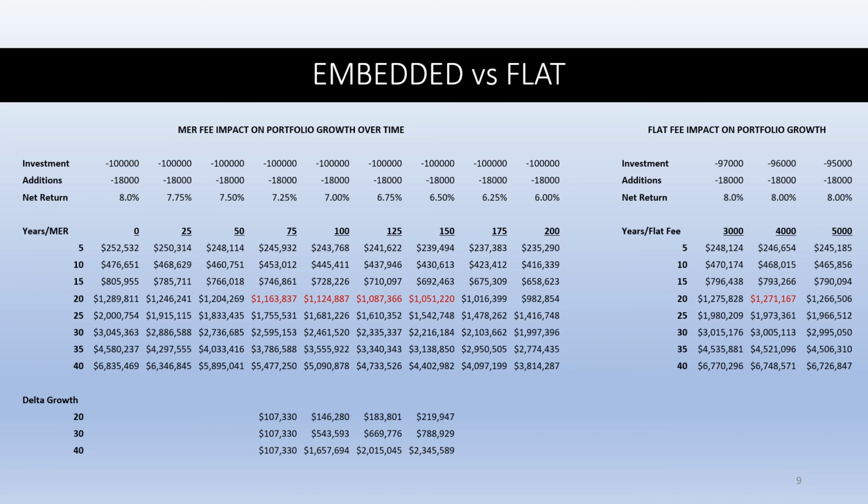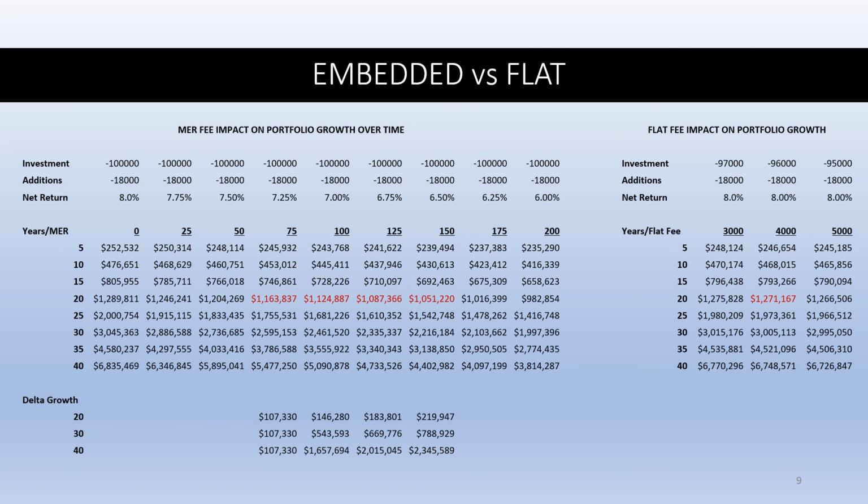And then you're off to the races. And every year you get the full 8% because you're not paying fees. So if you pay a flat fee advisor $4,000 for their services, that will grow over 20 years to $1.271 million. And if we go down to the delta in growth, we see that is a difference of,